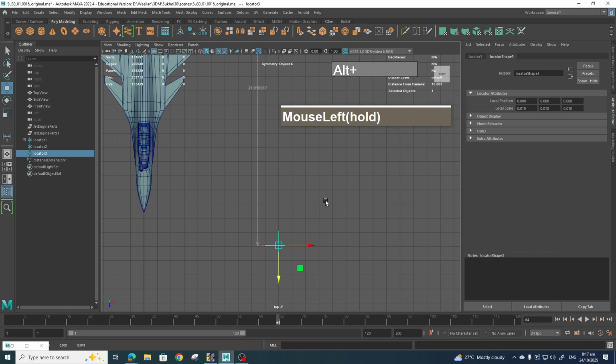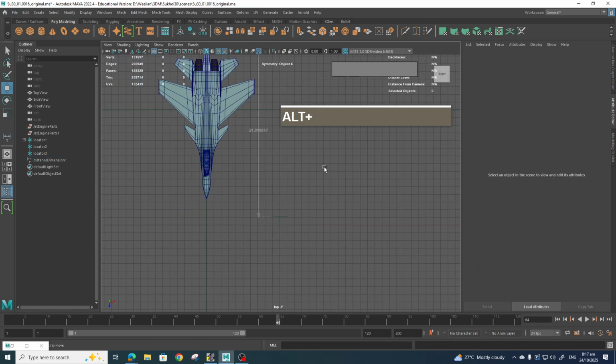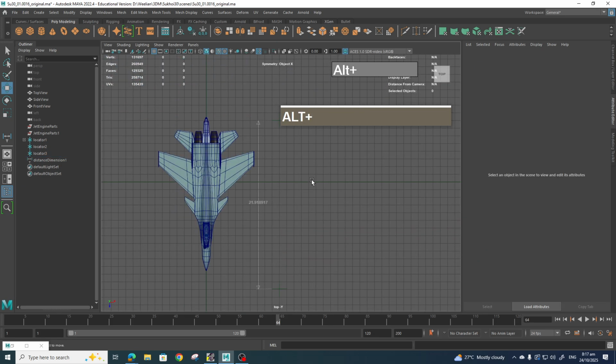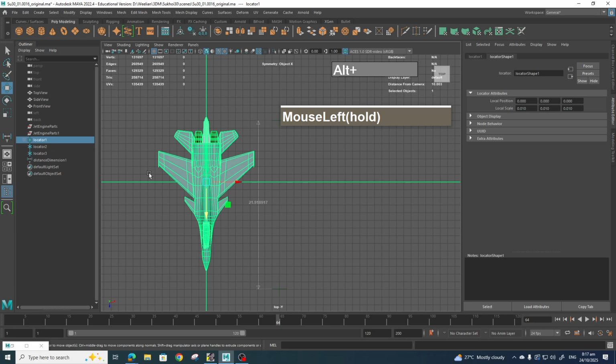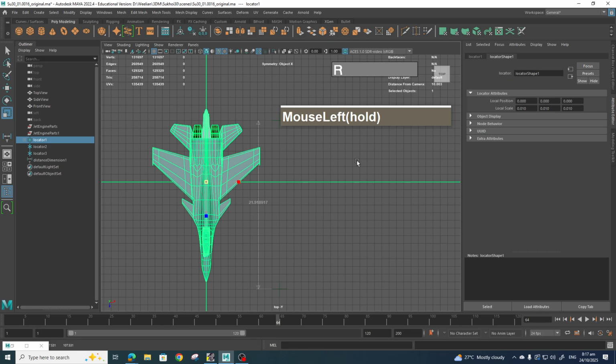Okay, right about there. 21.91, okay, this is close enough. Now with that, I can select my locator for the jet plane. Then I can press R to scale. Make sure you scale uniformly. Click on it, and then we're going to scale it, and then also move it until